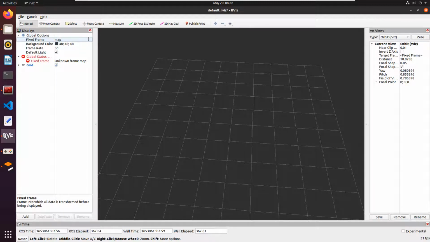So for the fixed frame, if you just click here, you can see some frames. Currently from the list you can find odom. If there is an odom and no map exists, then odom will be the base frame, so odom will be the fixed frame. Fixed frame means with respect to the odom, the robot will move. Odom will be starting from 0 0, and when the robot moves,